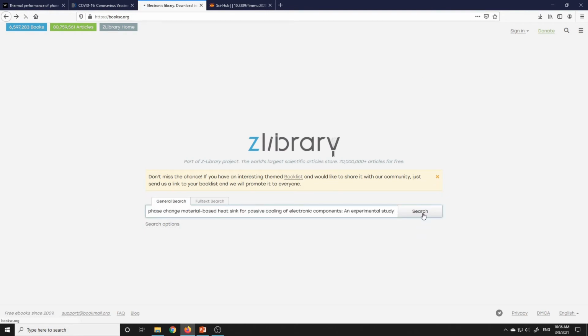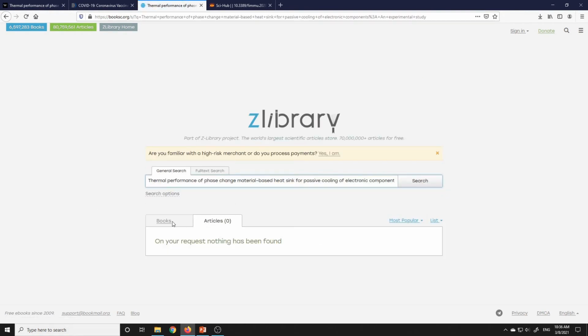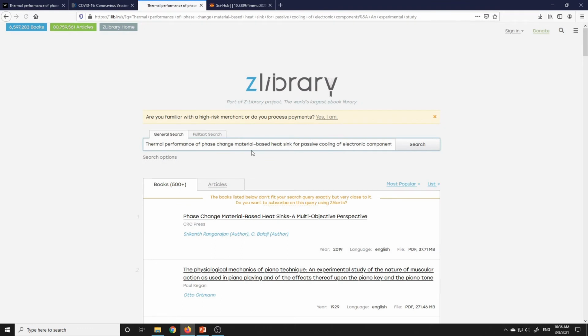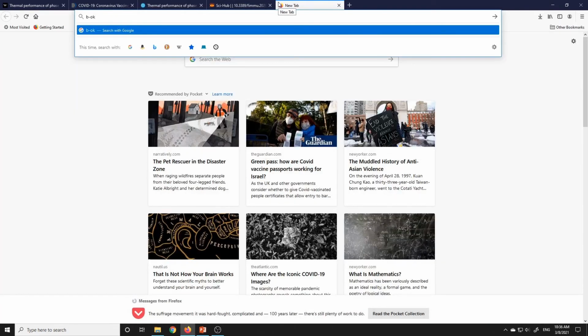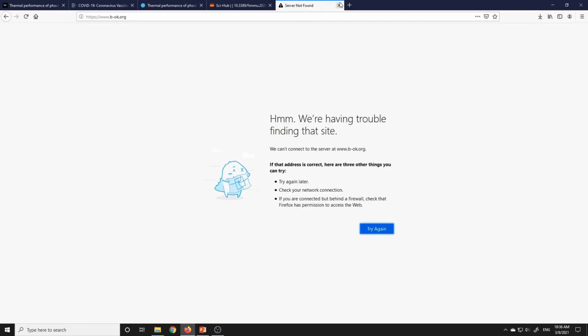Search. Okay, no articles, but I have found this particular website, bookacy.org, very useful. The extension changes, it's not a problem. Earlier it was something like b-ok.org. Okay, now it is not working.